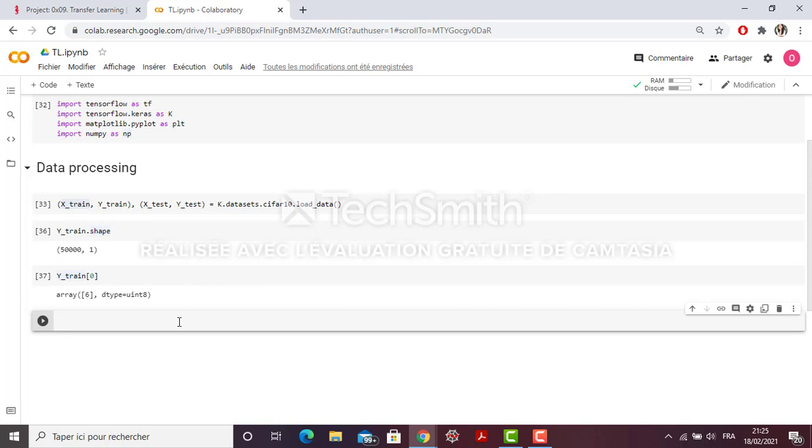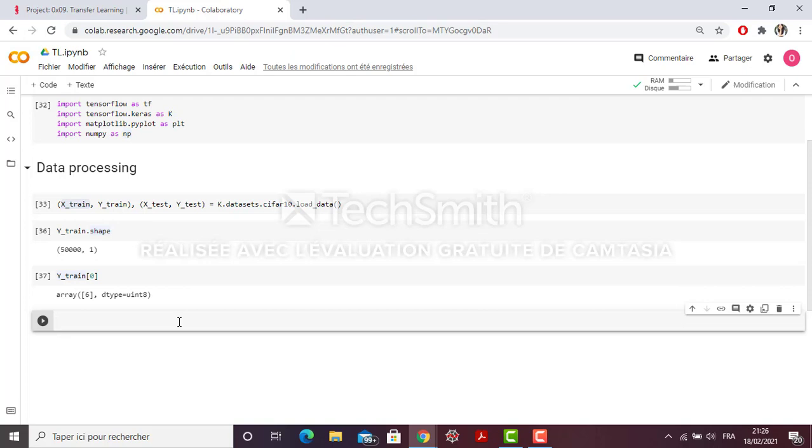But in our case, we are going to fit this data to a base model. It's a base model pre-trained on another dataset, for example, the ImageNet dataset. So the base model is expecting a specific type of processing of the data.